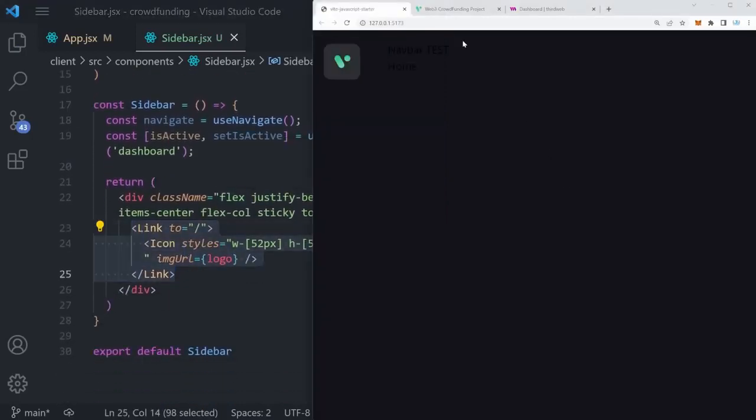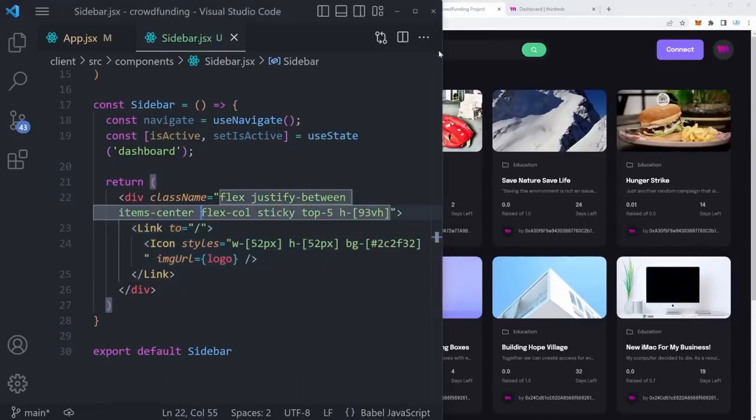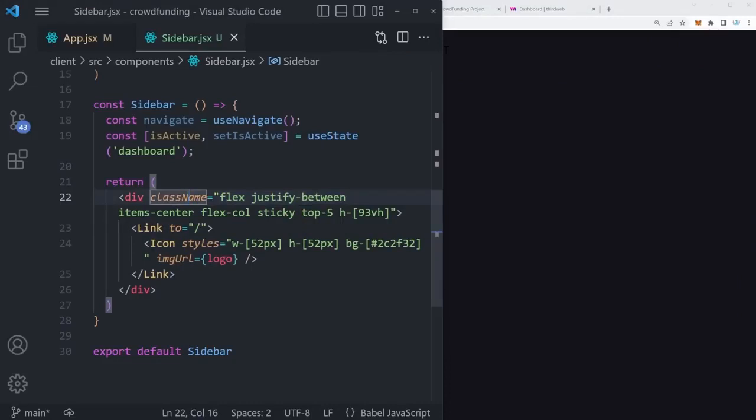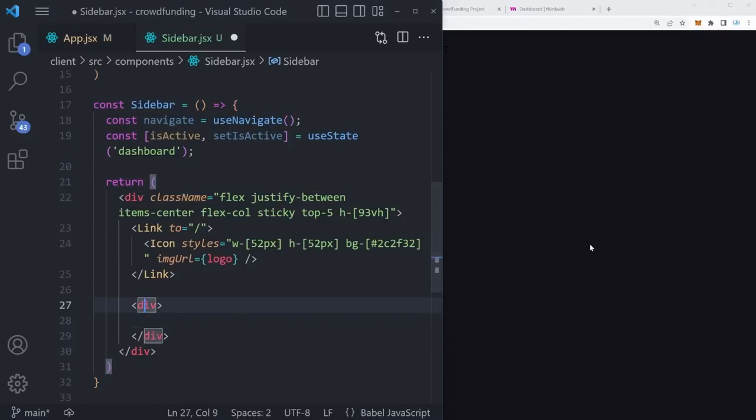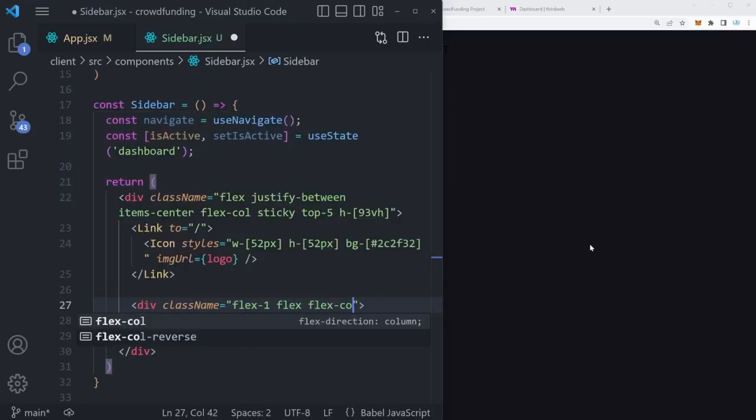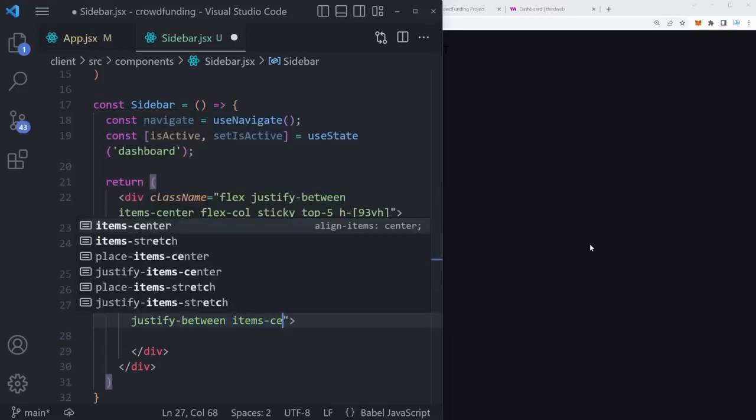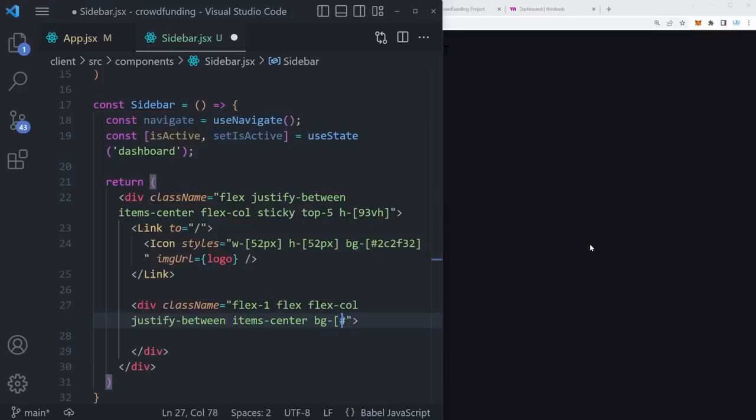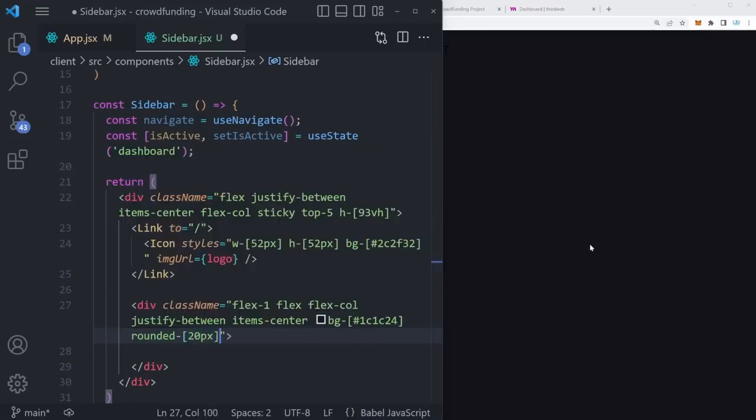Below our link, we want to create something that looks like this, where we're going to have a sidebar. So if we go back, we can go below our link and create a div component. This div is going to have a className equal to flex-1, flex-col for the elements to appear in a column, justify-between, items-center, bg-[#1c1c24], rounded-[20px], and